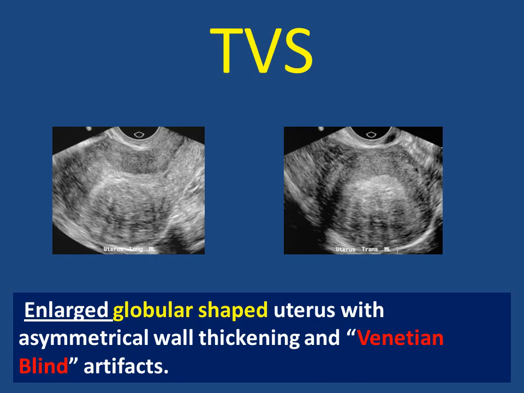This is very important in addition to increased size. So we have to examine the patient by two-dimensional ultrasonography, by transvaginal. You may see the myometrium enlarged symmetrically or asymmetrically. The uterus is globular in shape with thickness and characteristically trabeculation or irradiation inside, like a fan shape inside the